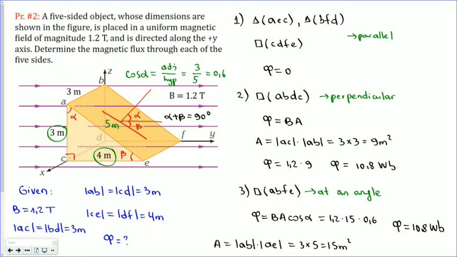So the flux through this surface is also 10.8, and we could just find it by deduction, because if the ABFE plane is at an angle, then the perpendicular plane is the ABDC plane. So that's why